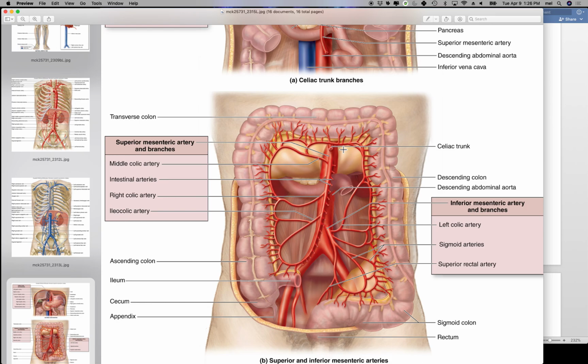Now, the venous drainage is weird. But today I don't want you to just acknowledge that it's weird. I want you to be able to explain why it's weird before we leave this topic. Okay, so venous drainage